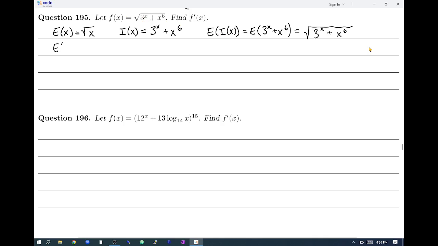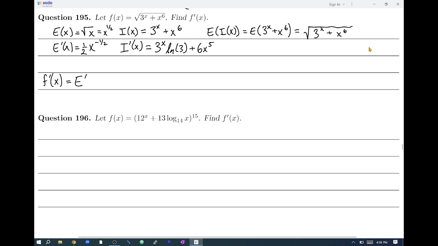Now for derivatives, e prime of x, I prime of x. For e of x, let's just rewrite this as x to the 1/2 power. And so then for the derivative, using the power rule, 1/2 x to the negative 1/2 power. For I prime of x, we'll have 3 to the x times ln of 3 plus 6x to the 5th. So the first term needed the exponential rule, and the second term needed the power rule. For f prime of x, then,